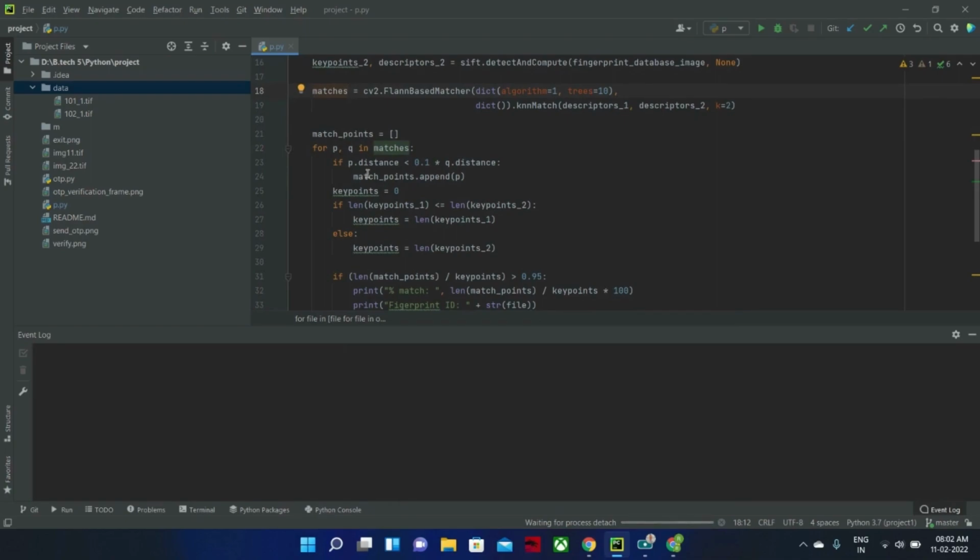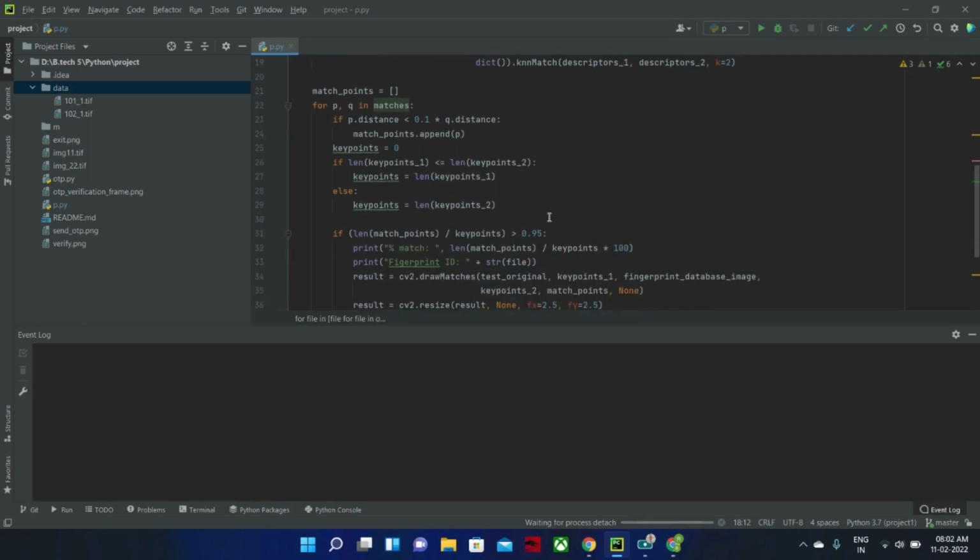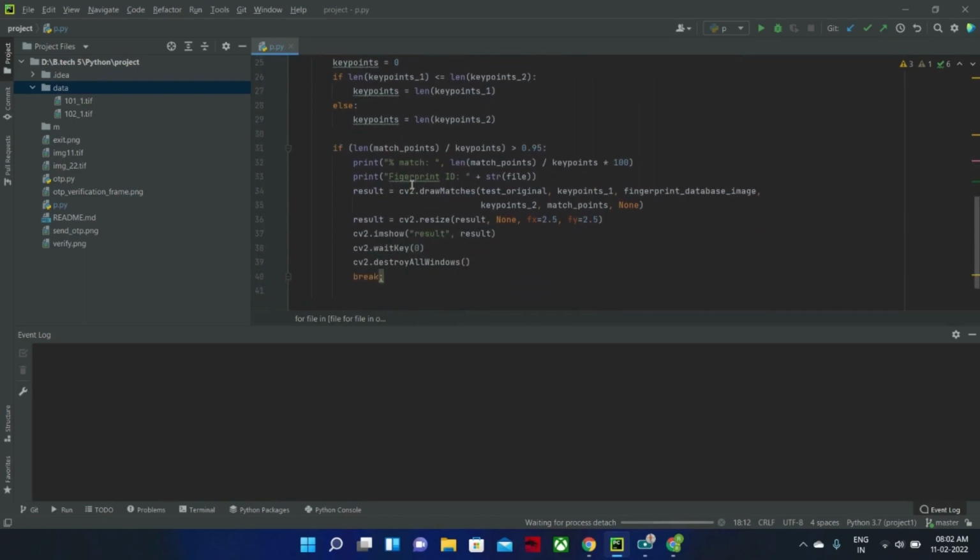So we get the match points and append them into the list. We check whether the key points of the input image or the key points of our output image is larger, so we assign to that key points, and we check if the length of match points over key points is greater than 0.95, meaning 95% or more